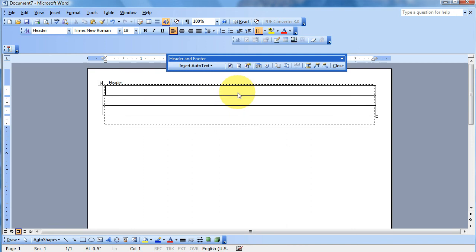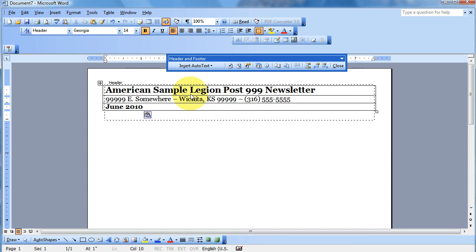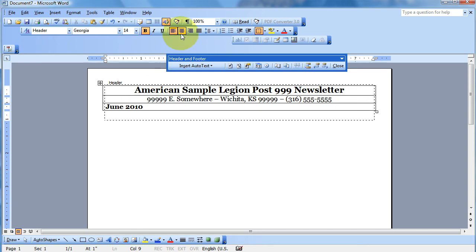So I'm just going to put a couple of rows in here. I'm just going to put some quick text in here. Okay, might as well center these, make it look a little better. Of course, yours is going to be a little bit different because you're going to do whatever you want in yours. Let's go down to the footer,